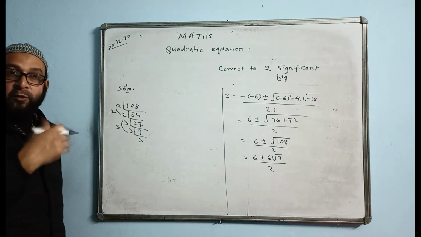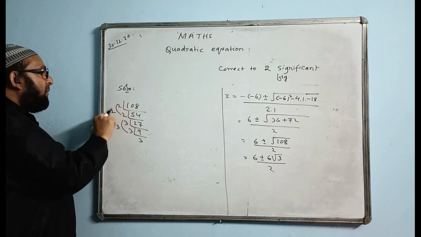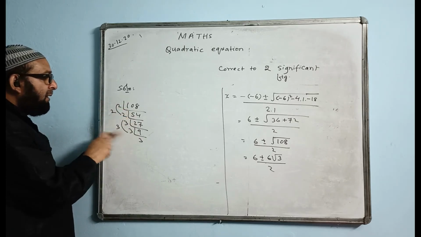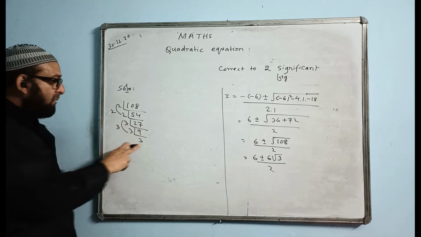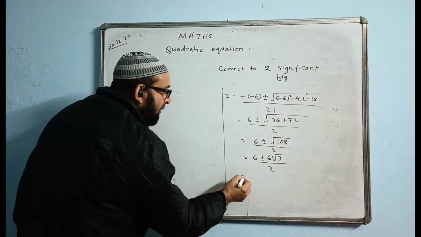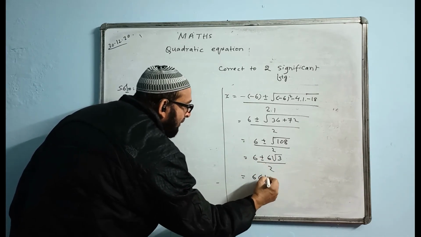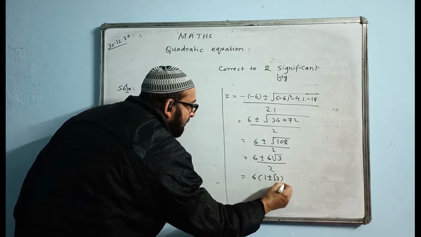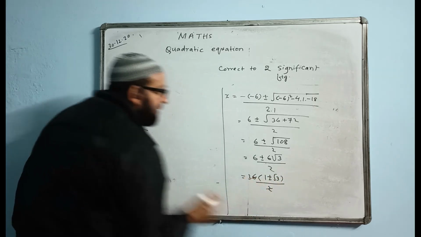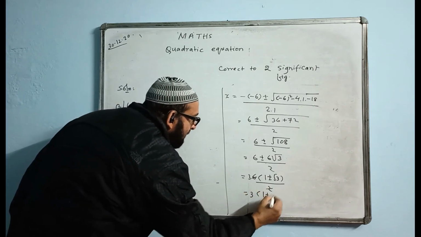We are breaking down into smaller. Let's prime factor here. For 2 2s we write 1 2, for 2 3s we write 1 3, and this is single, so this will remain as it is, root 3. We are allowed to take common and cancel this. I take 6 common, it will become 1 plus minus root 3 by 2. 2 and 3 I can cancel. Now I get 3 bracket 1 plus minus root 3.